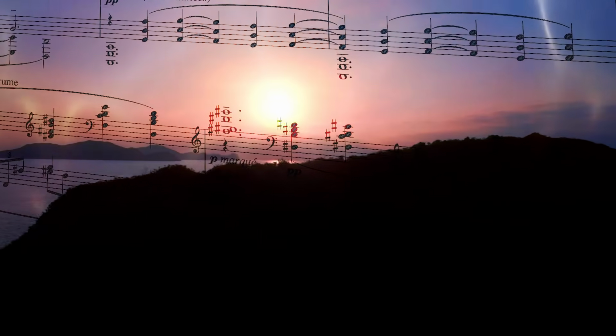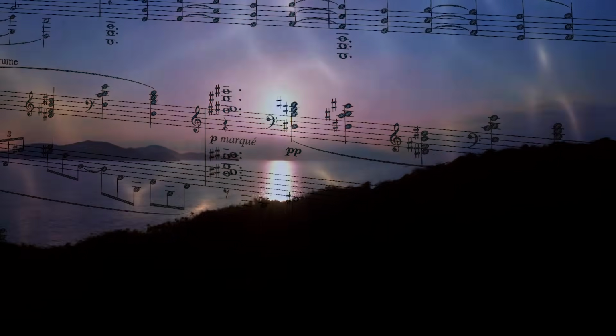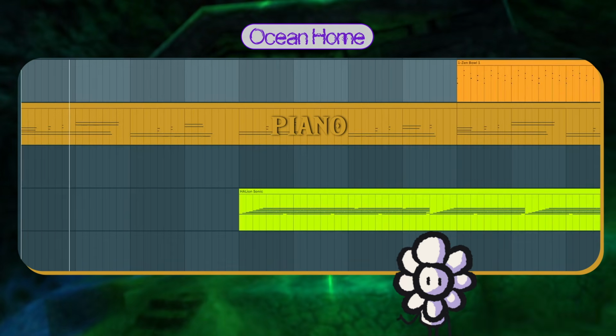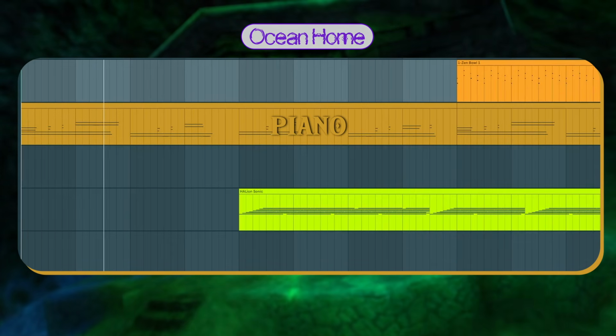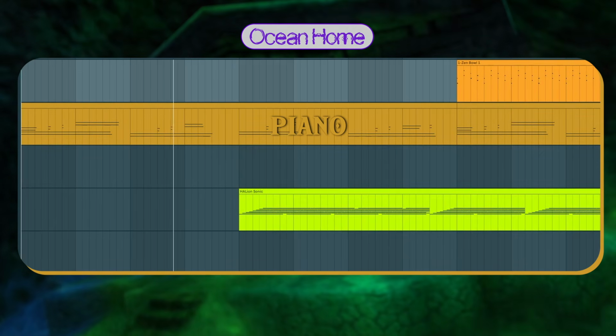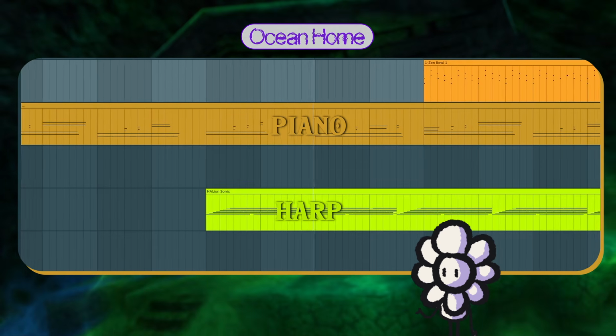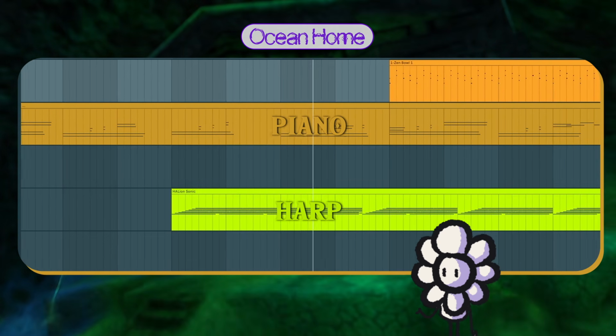So, in my song, Ocean Home, I try to incorporate that sound a little bit. I started with these wide, low, open chords that slowly make their way up. And over here I added some singing bowls, which is the most perfect underwater sound.